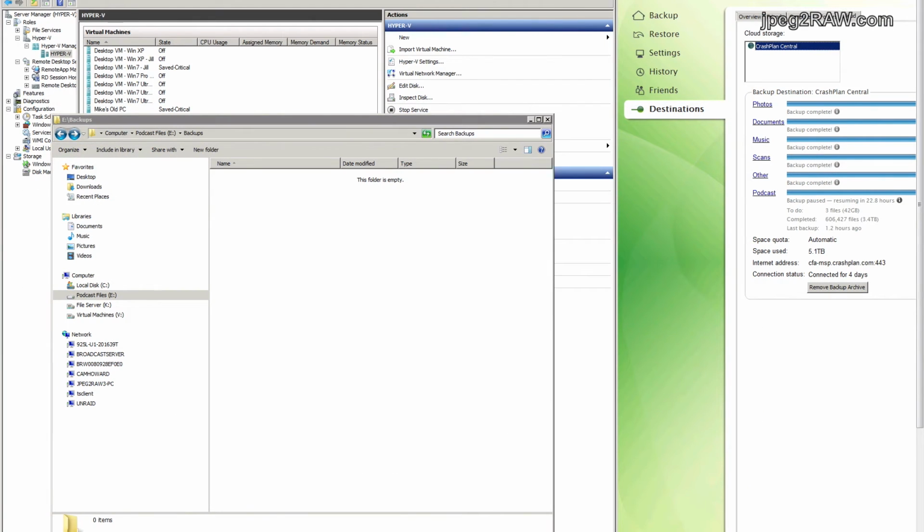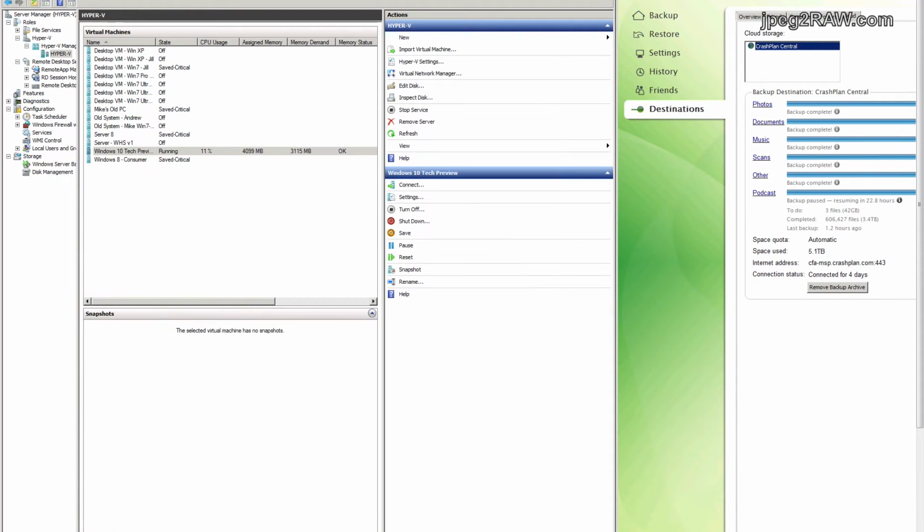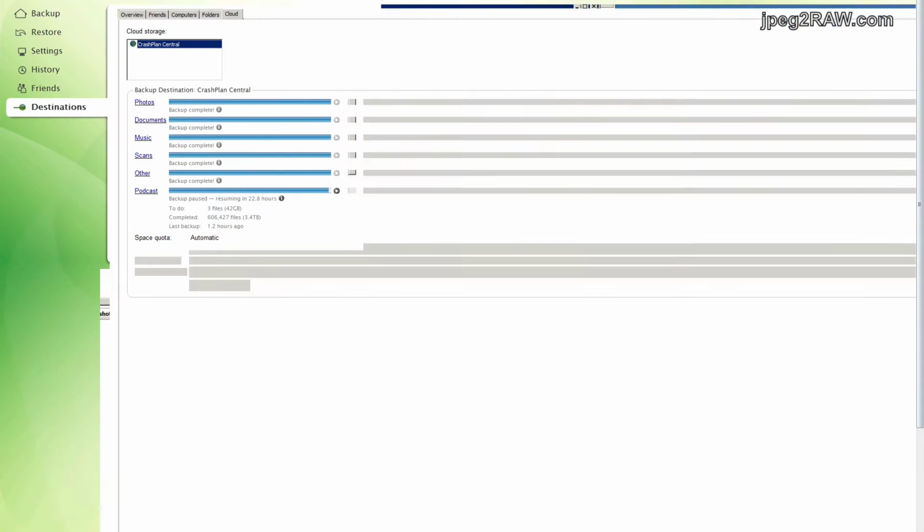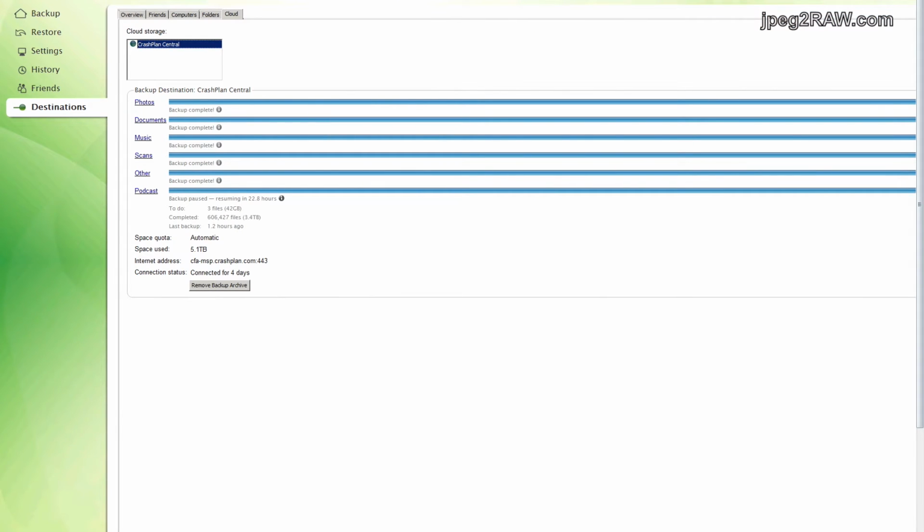All right, so what we're going to attempt here is, hopefully we don't create a wormhole. But I am now logged in by remote desktop to my server. I'm trying to make CrashPlan full screen. And you see I've paused this, because CrashPlan will suck up every bit of my upload. Whatever you have available, it'll use.